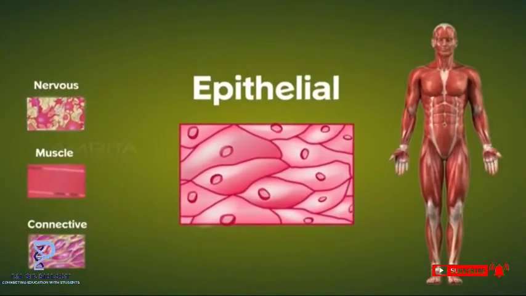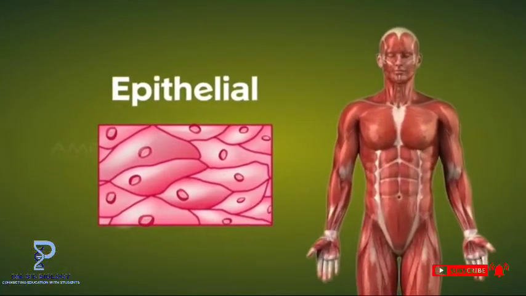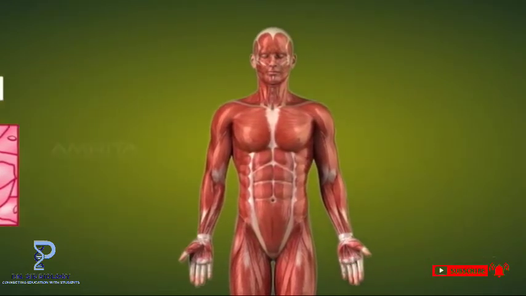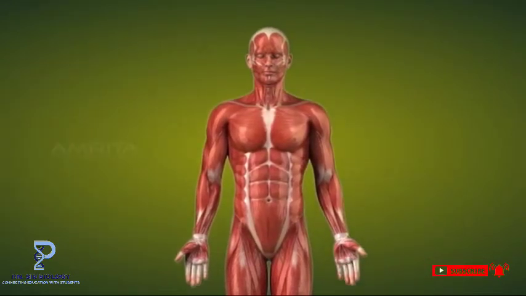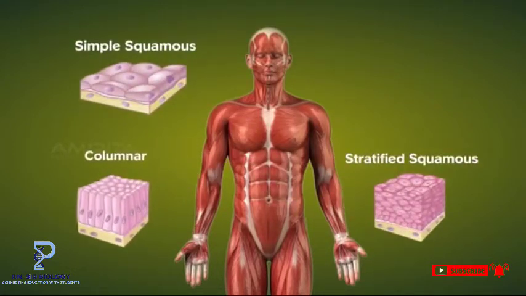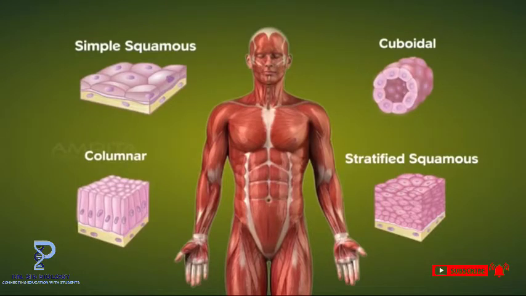Let's first look at the epithelial tissue. This tissue covers and protects the internal and external surfaces of the animal body. Epithelial tissue is subdivided into simple squamous, stratified squamous, columnar, and cuboidal epithelium based on the shape and function of